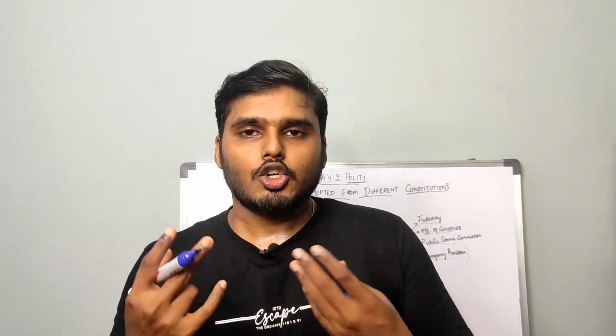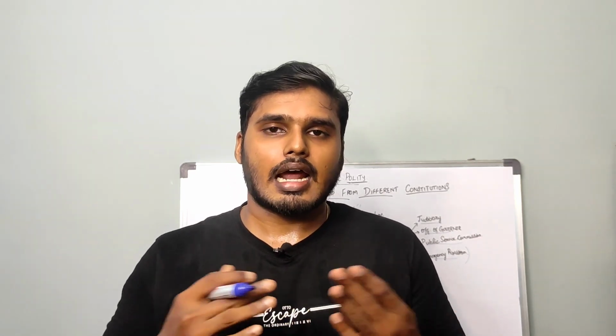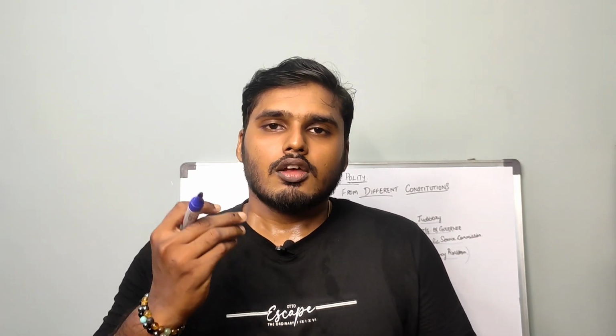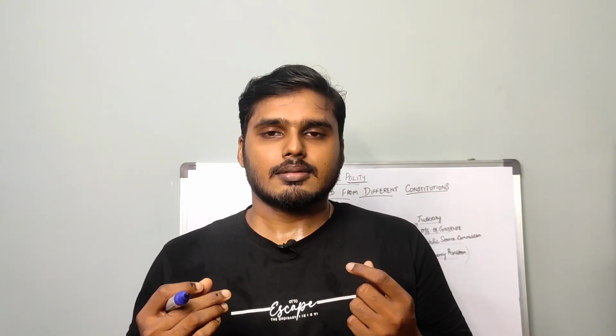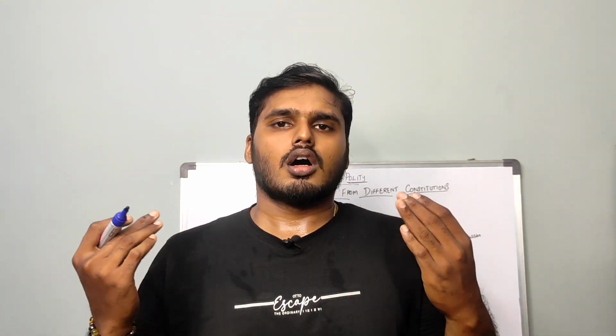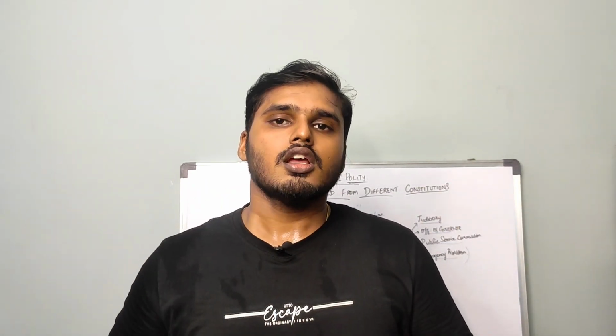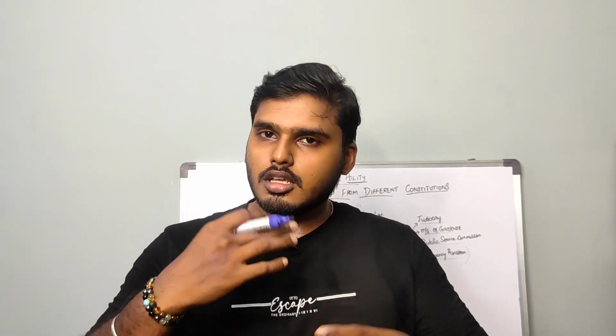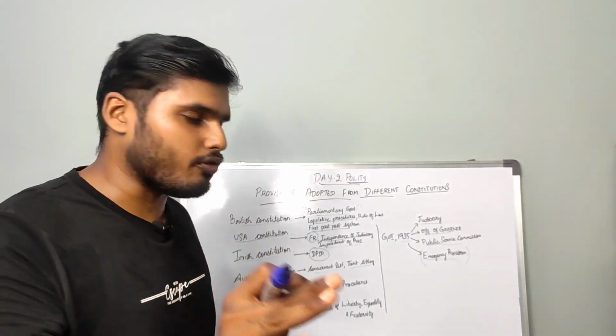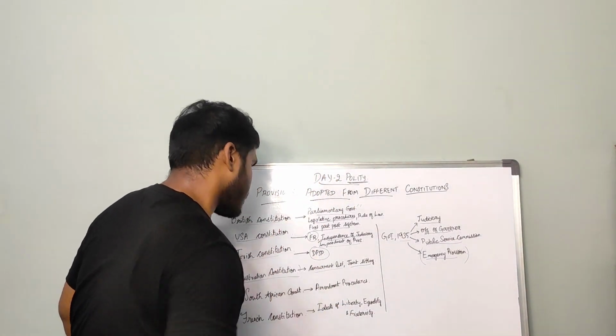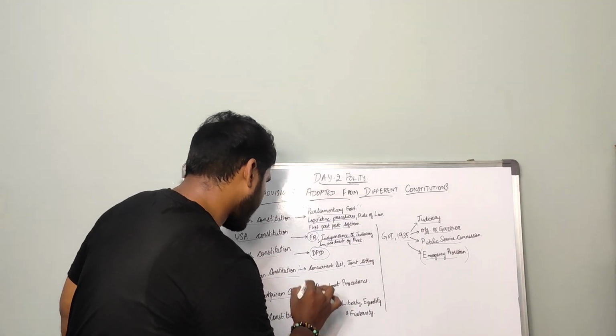There is also one more provision that we have got from the Australian Constitution, which is joint sitting. In our parliament there are two houses, the lower house and the upper house, the Lok Sabha and the Rajya Sabha respectively. If there is no consensus for a bill between the two houses, then comes the joint sitting session. We'll be seeing more detail about it, but the feature of joint sitting has been borrowed from the Australian Constitution.